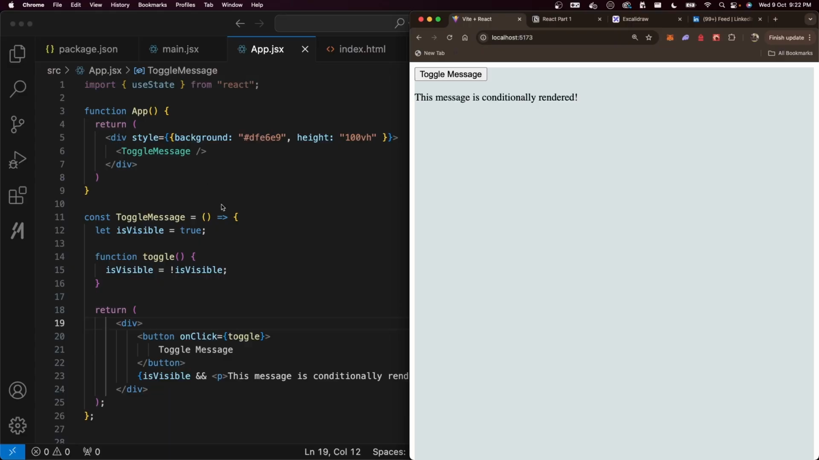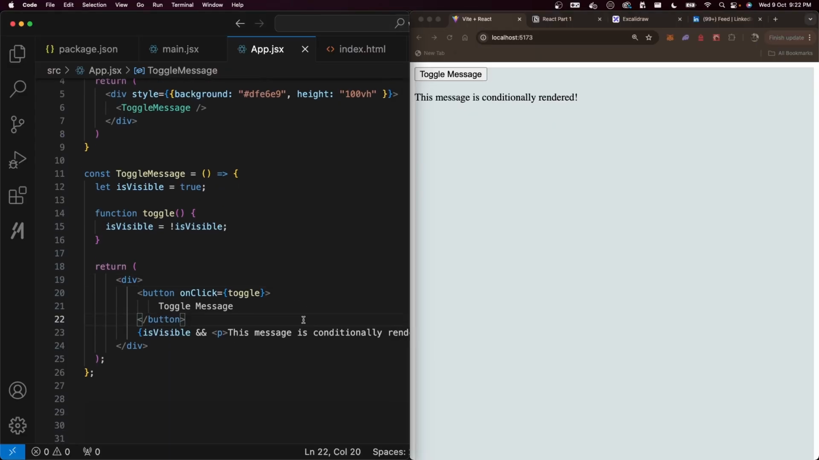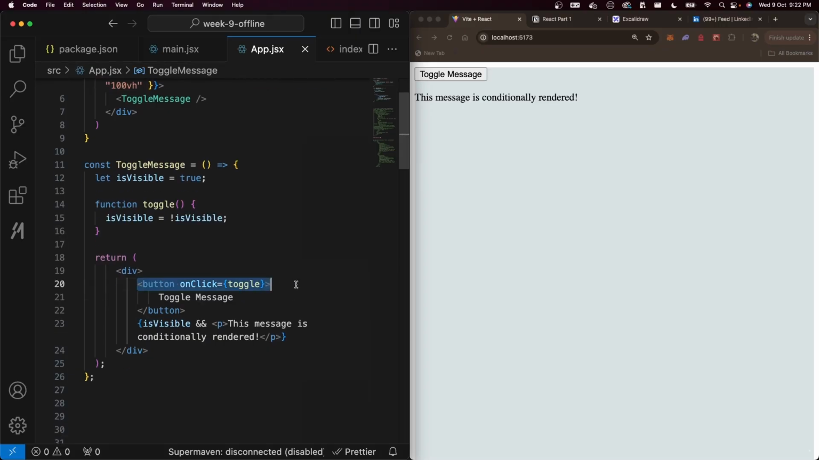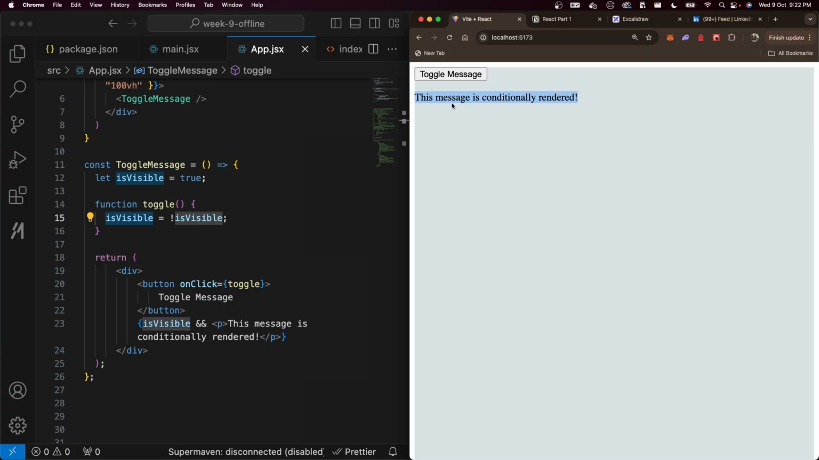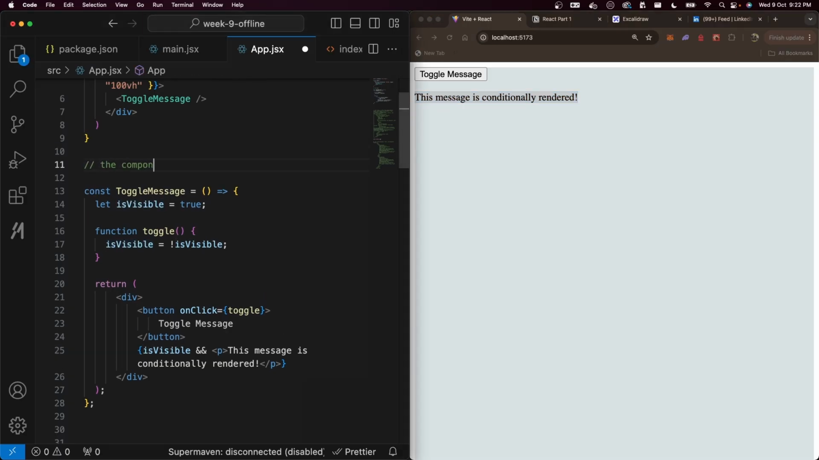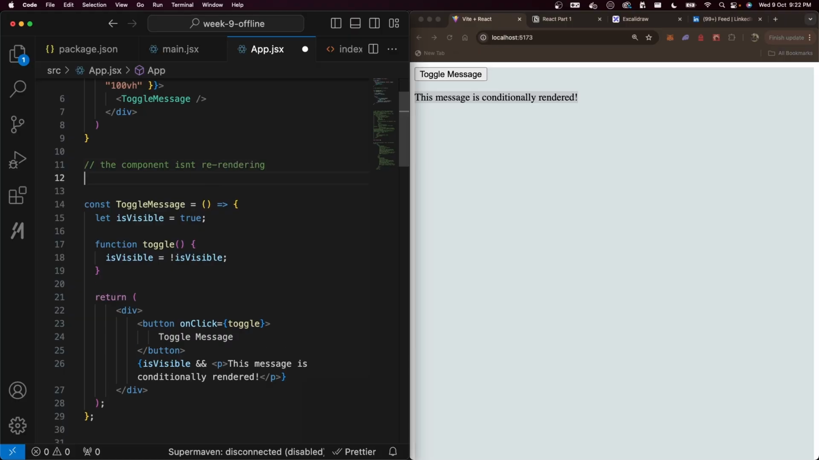Is there an error in my logic? What is my logic? My logic says, yaar, click on the button, on click equal to call the toggle function where we change the value of this isVisible variable. Why is this message not toggling between visible, non-visible, visible, non-visible? The answer is the component isn't re-rendering because we haven't used a state variable. In React,